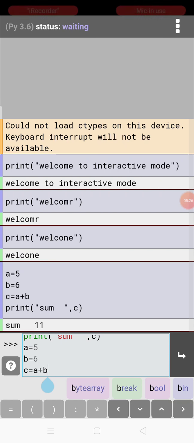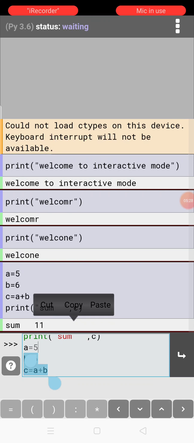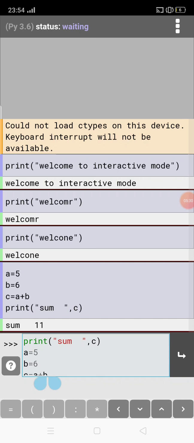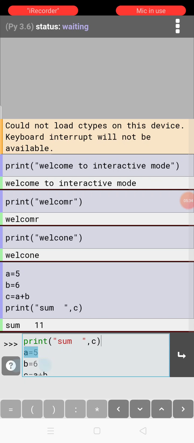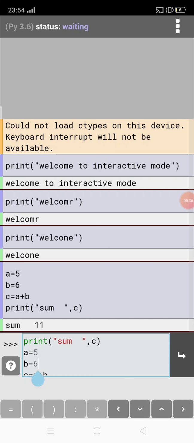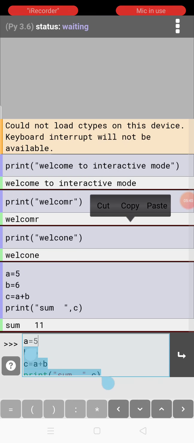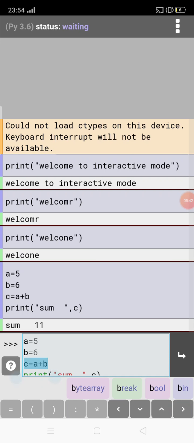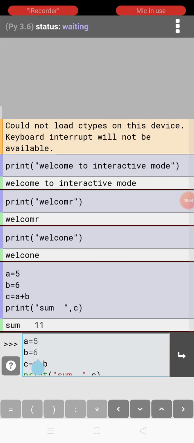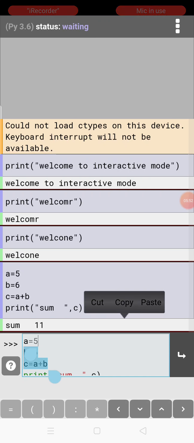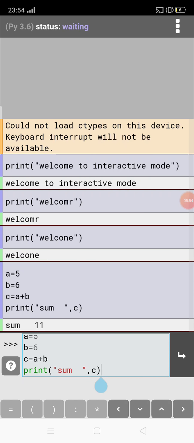Whatever change I want to do, I can do it here. If I want to make everything clear, I can make it here. Otherwise, if I want to do some corrections, I can do it.